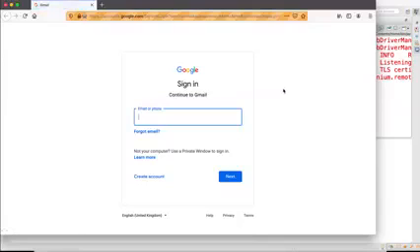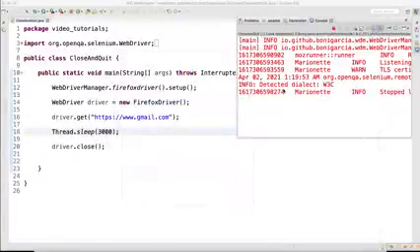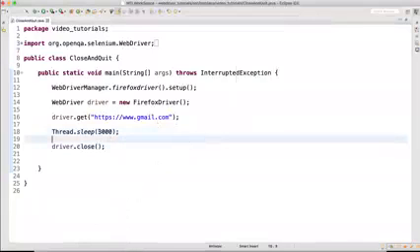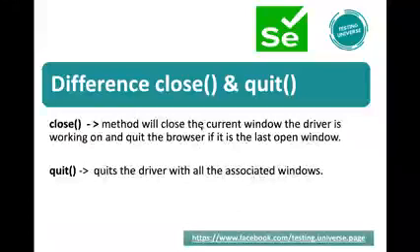It is opening only one window, gmail.com has been loaded, and then it has closed that particular window. So that is the first functionality. If only one window is open, it is going to close even the browser. If the current window is the last window which is open, it is going to quit the browser also.